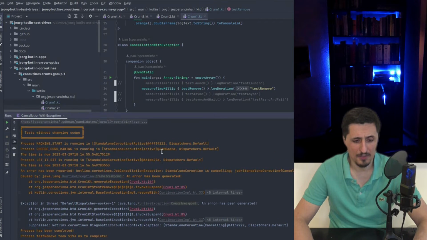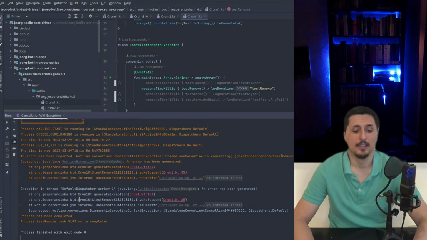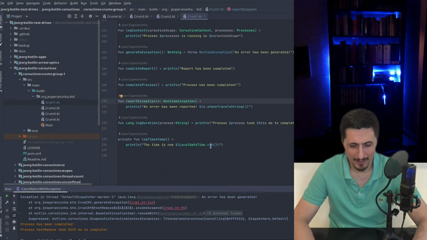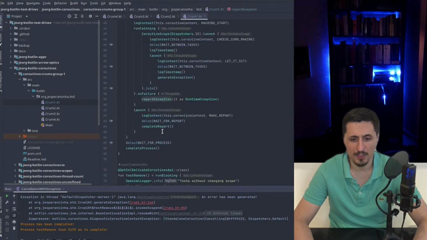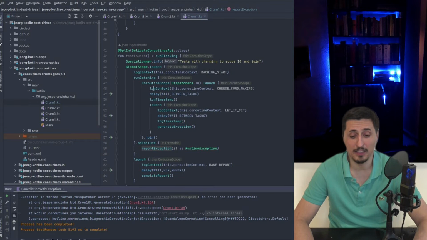So as we can see here, we started our project. We started our process. We have a machine start. We have the curds, and then we're going to go straight into where the error is happening. We see here in yellow letters that we were able to catch the exception and we were able to report it. It also gets reported to the console, and then it goes straight to process has been completed. And this explains the difference between what's happening here and what's happening here, because here we have a different scope, and because we have different scopes, these two launches will happen,